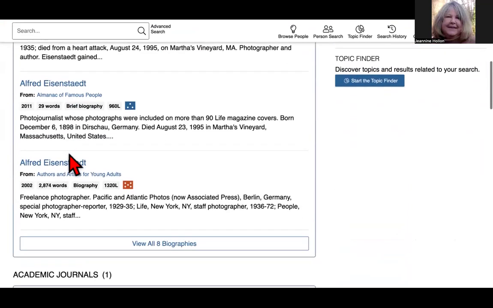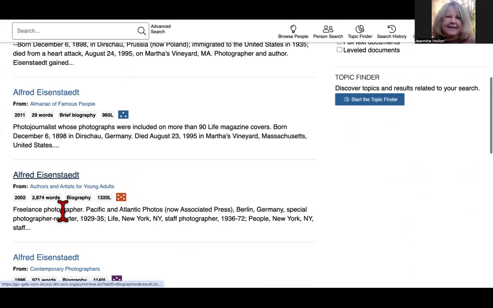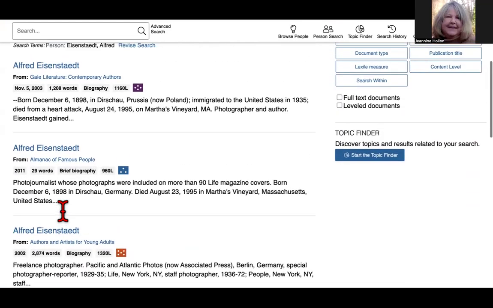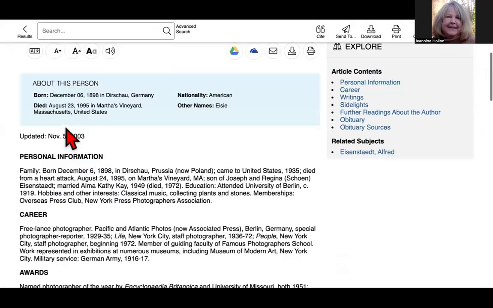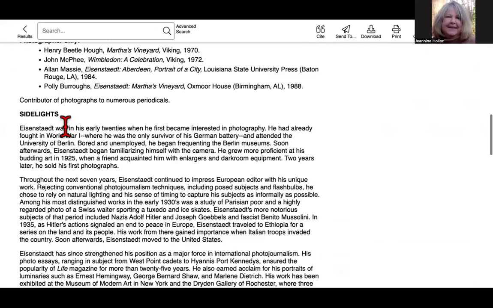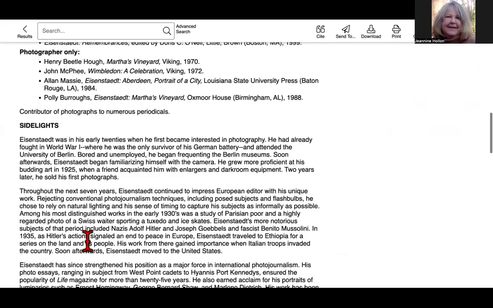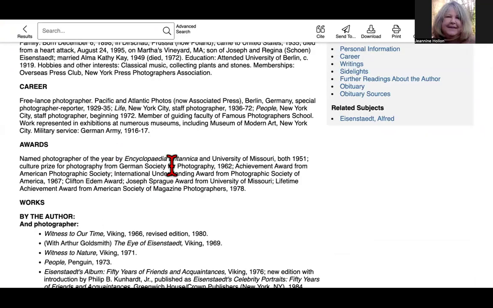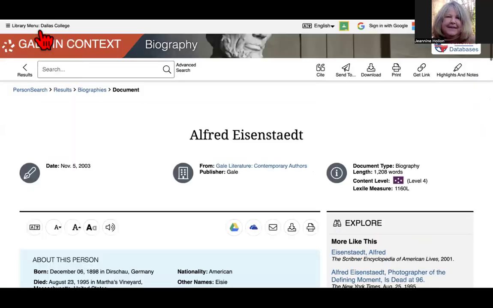So let's look, and he has got actually 8 biographies. And we might want to look at a couple of them or one of them, but let's just start. You may have to read some of the blurbs because some of them say exactly the same thing. So let's click on this. And we see that this is very brief there, but then this talks about him also. Probably this is where you're going to get the meat of what you're talking about. And the awards, his career, and where about his family. Okay, that's a possibility,